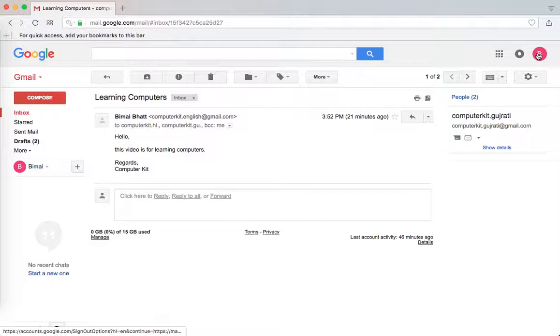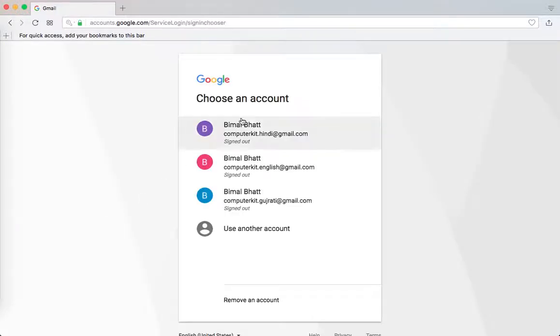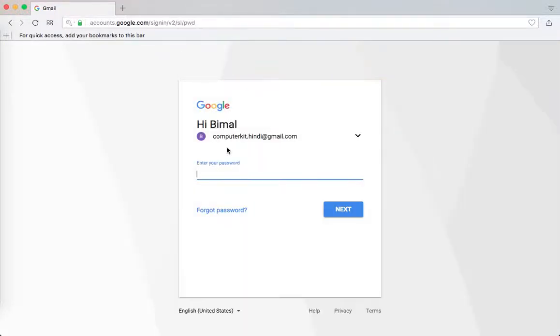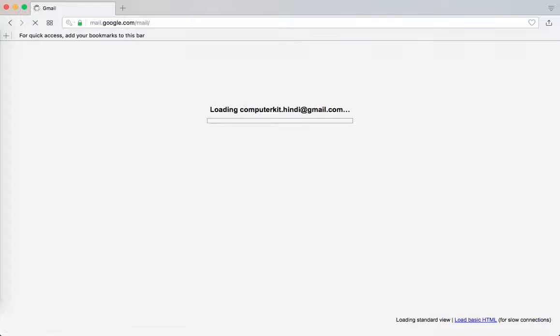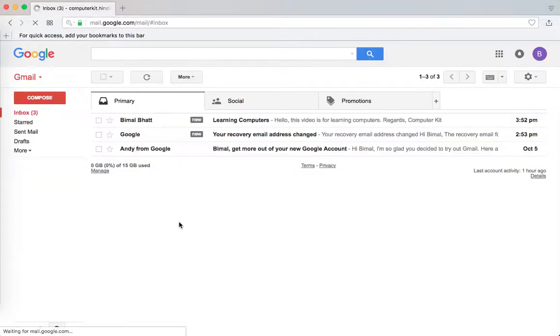I am logging off from this email ID and I will log into computerkit.hindi. You can see this Bimal Bhatt, learning computers.